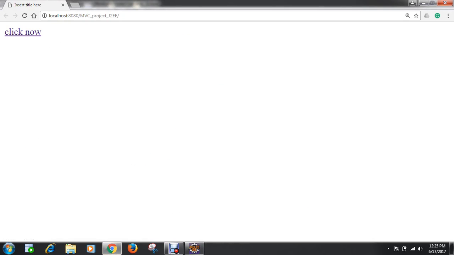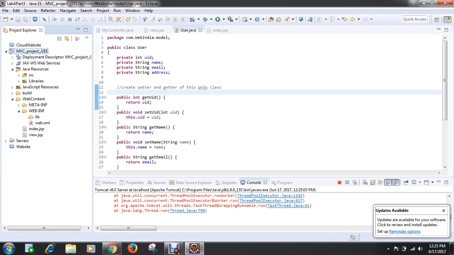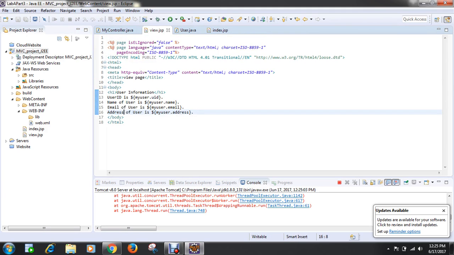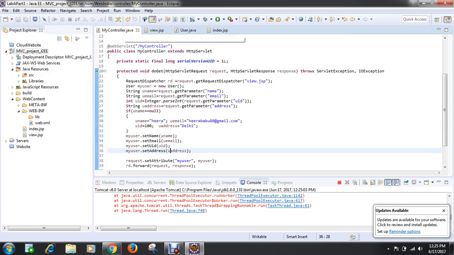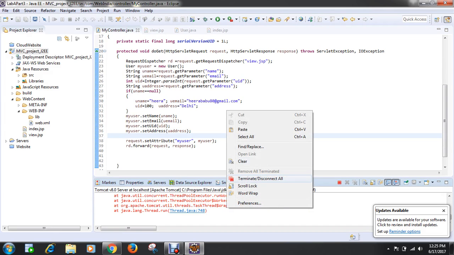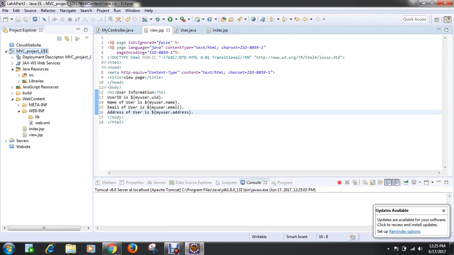It will display all the information on user that we have written. Dollar symbol is already given. Name, email, address, my user is this user ID. Help, it should display